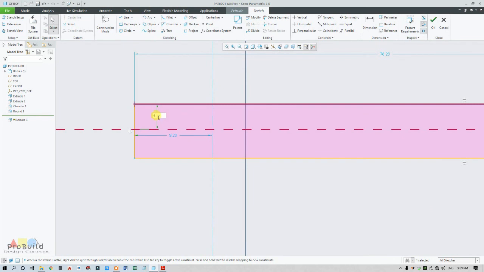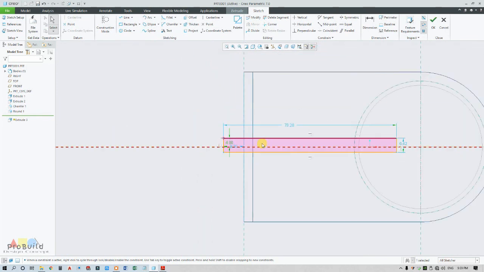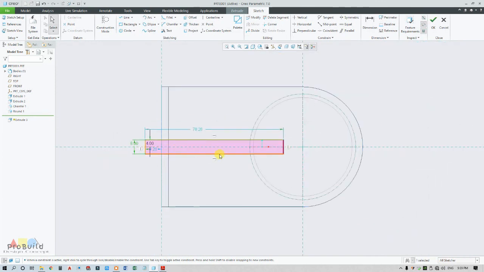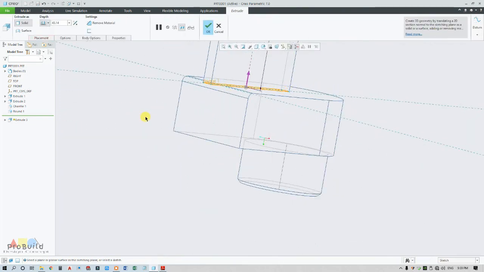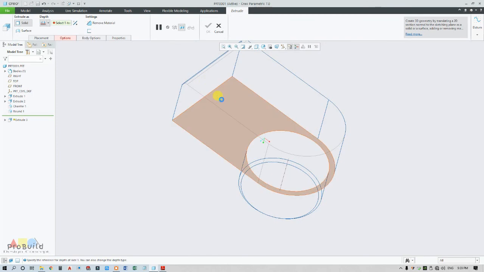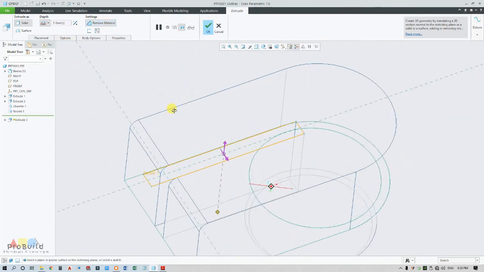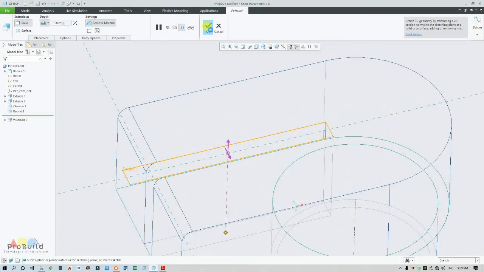This is going to be 4, and overall is going to be 8. Since this is going to remove material, we need not concentrate on the length. Go for up to selection, select this bottom surface and click remove material.